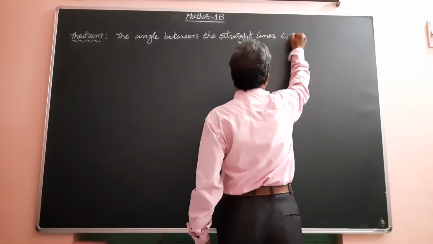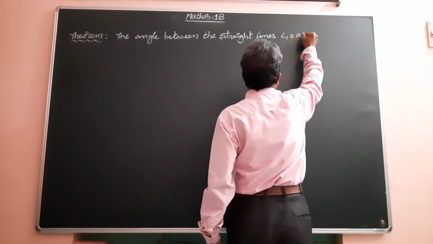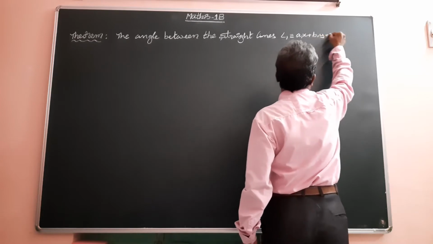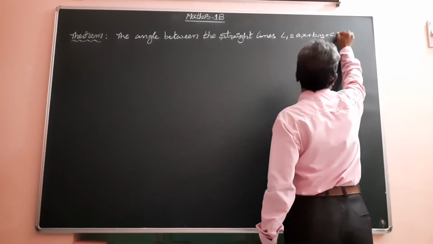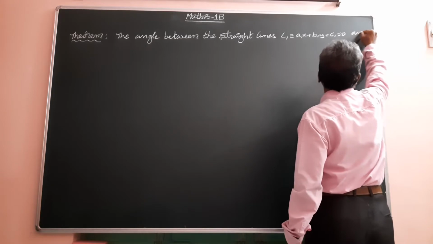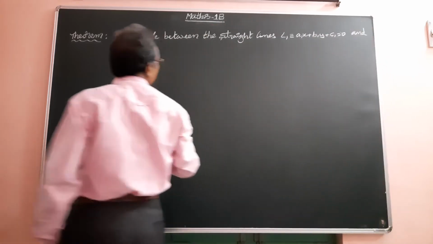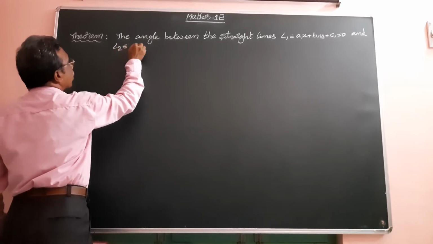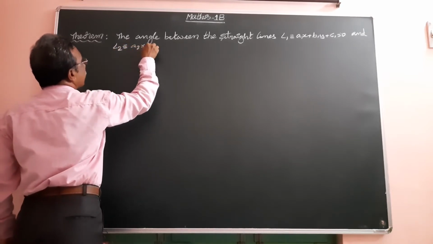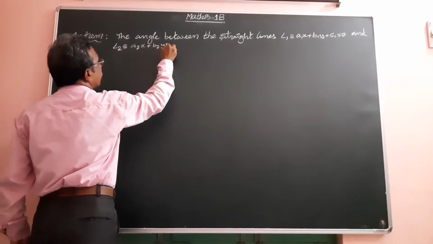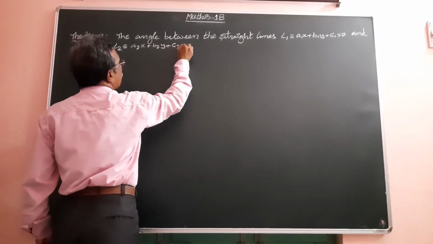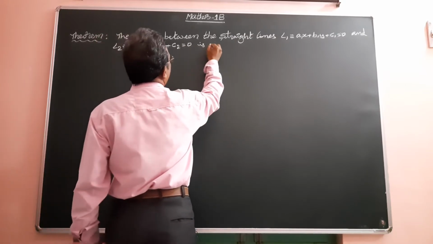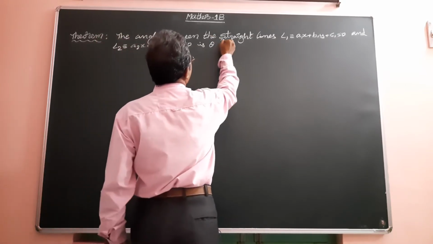L1 is congruent to A1x plus B1y plus C1 equal to 0 and L2 is congruent to A2x plus B2y plus C2 equal to 0 is theta, then